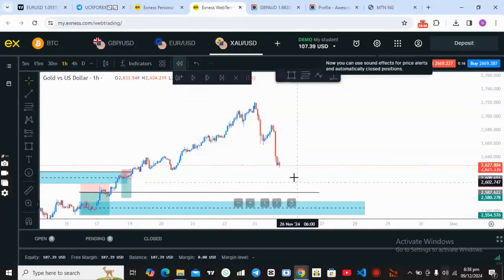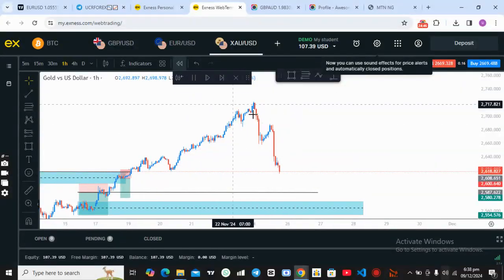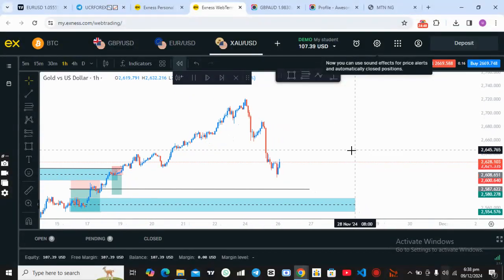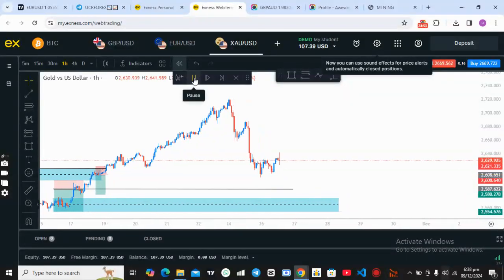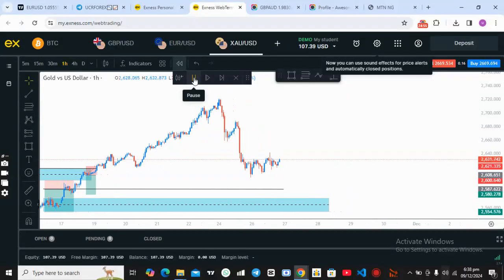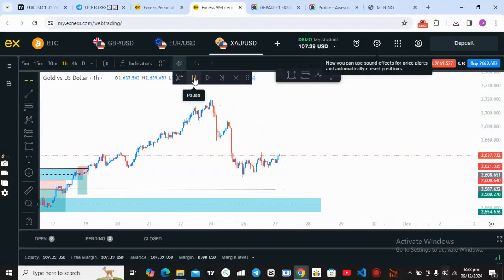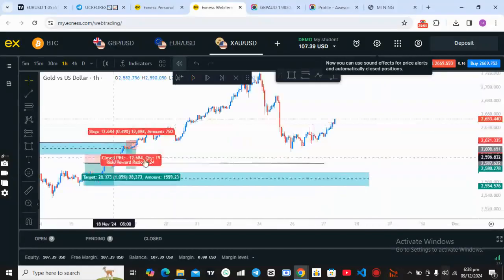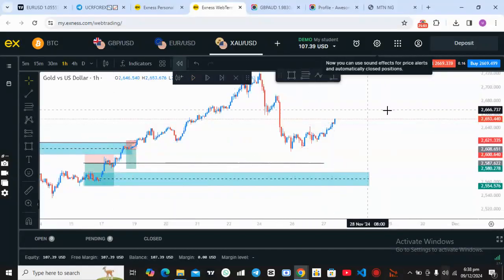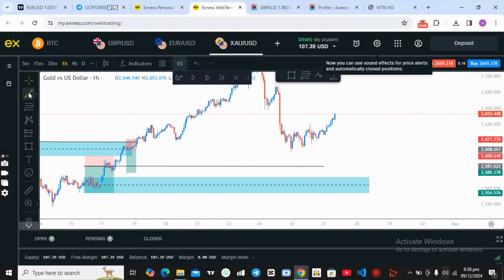So I think it is way closer now. It is coming closer. It is coming. Price came so close to that 61% Fibonacci retracement. It came so close, but I think it's around 50%